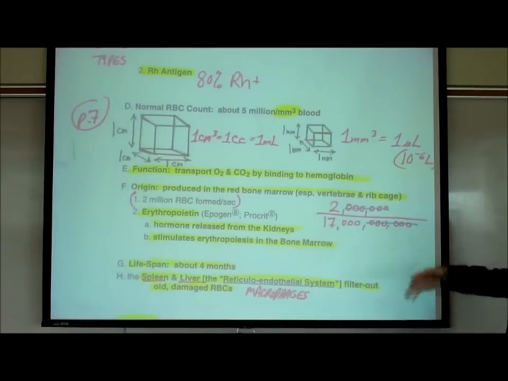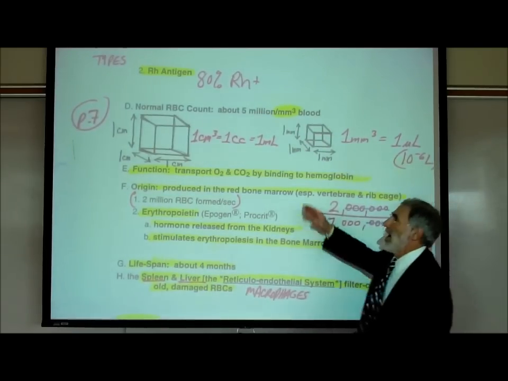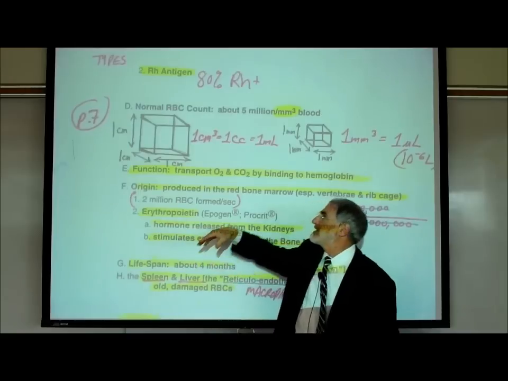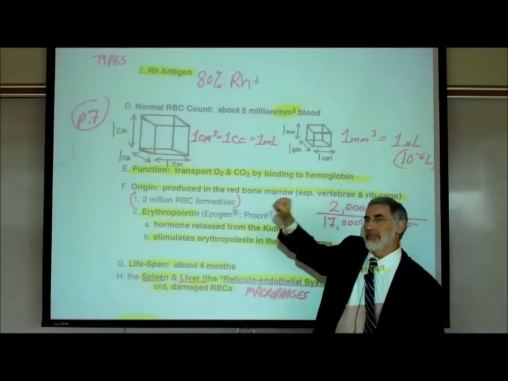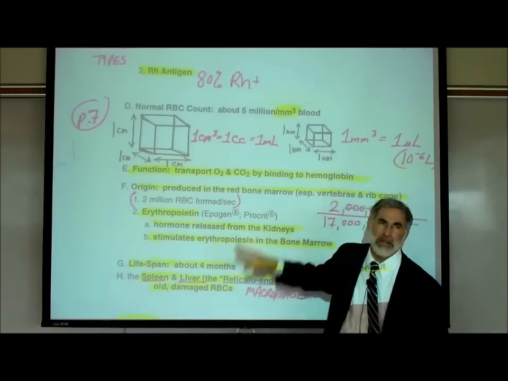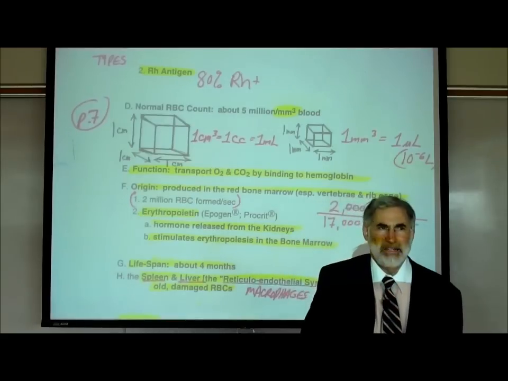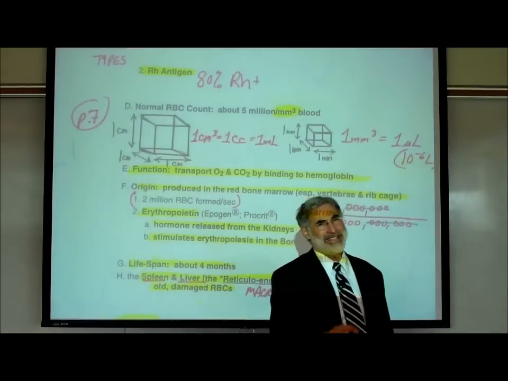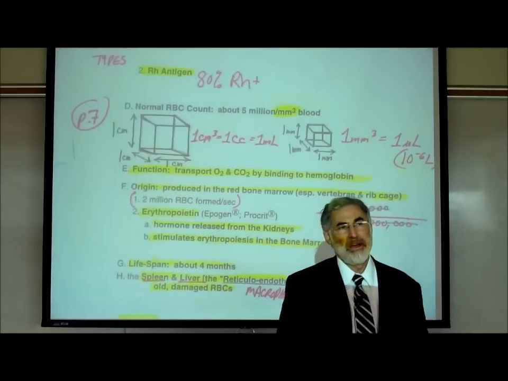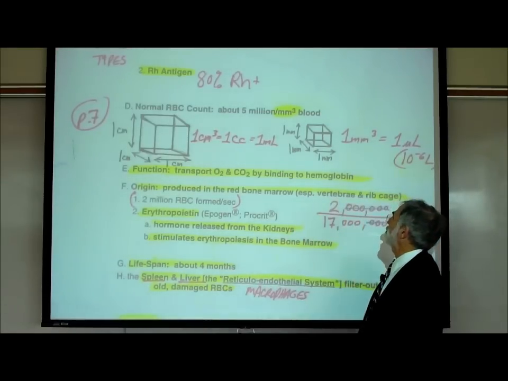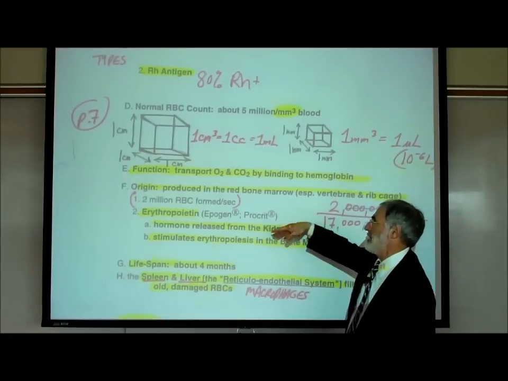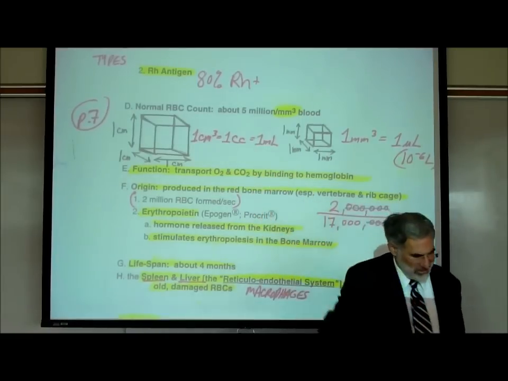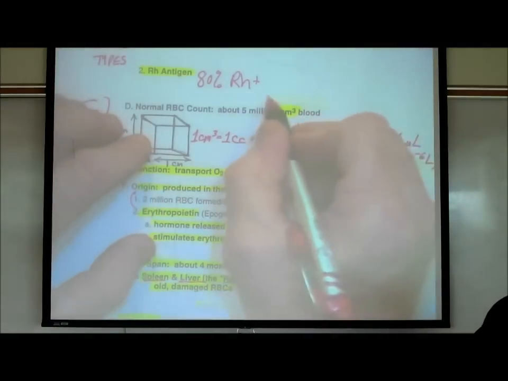When they describe what our red blood cell count is, which is very important, they express it in millions of red blood cells per cubic millimeter of blood. And obviously, we said the normal value is 5 million, and yes, I want you to know that number. It's always written in exponential notation form. They would actually write 5 times 10 to the 6th